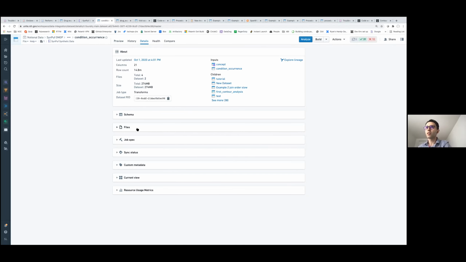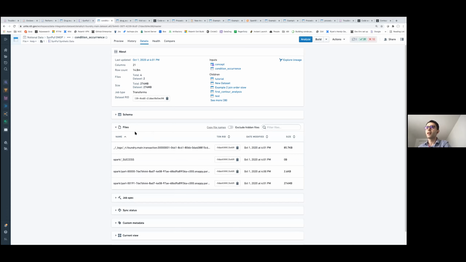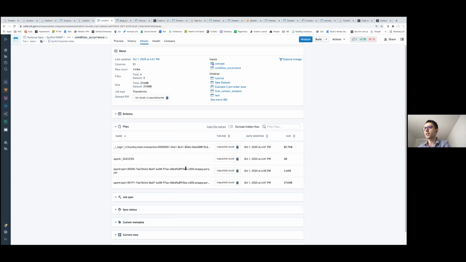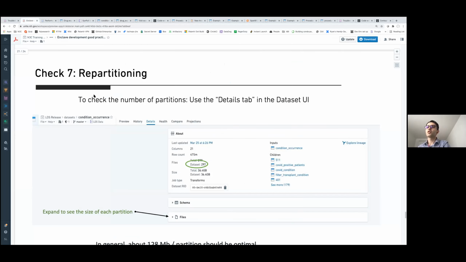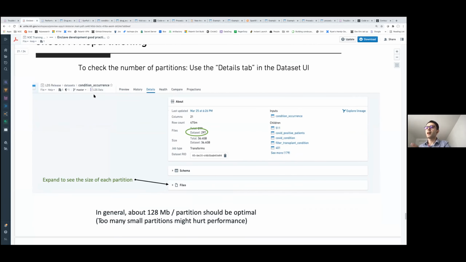If we click on the files section here, you can see these two files and the size of each one of them. These are my two partitions: one is 2.6 kilobytes and the other one is 274 megabytes. In terms of partitioning, this is a rule of thumb.